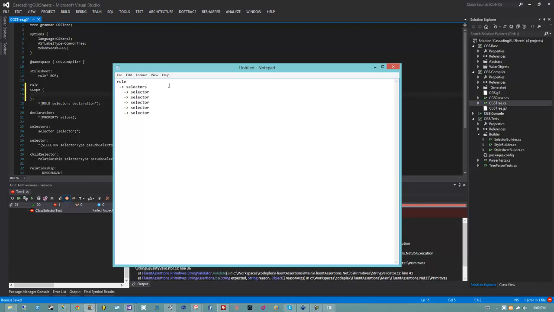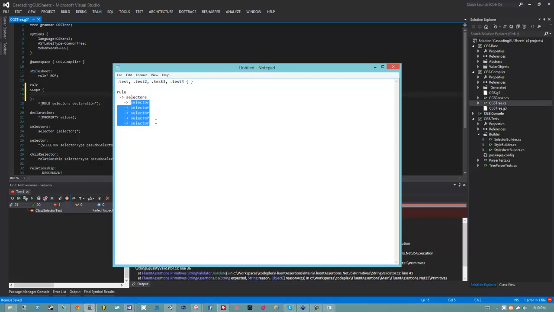Let's say I have a rule that looks like this: .test, test2, test3, test4. So when I go into the rule, then I go into my selectors rule. My selectors rule then goes into multiple selector rules. Now, I need a way to reference data that is owned by the rule